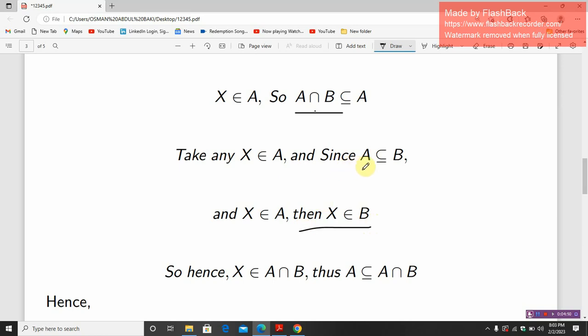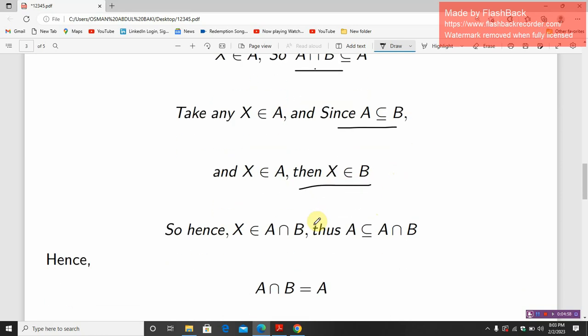Because here A intersection B is a subset or equal to B. Hope you understand. So hence X is an element of A intersection B. Thus A is a subset or equal to A intersection B, which means A is a subset. The elements contained in X